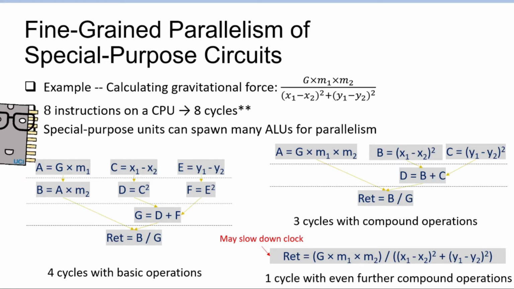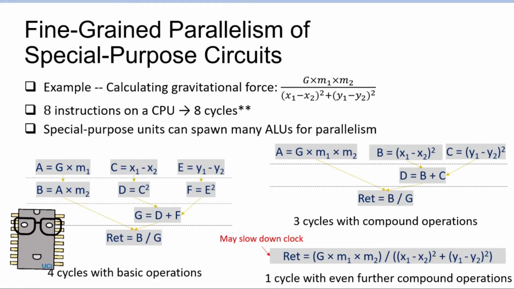Of course, general purpose processors try to catch up to this by using SIMD and superscalar and things like that. But for very complex operations, exploiting fine-grained parallelism in this way does give you a very big